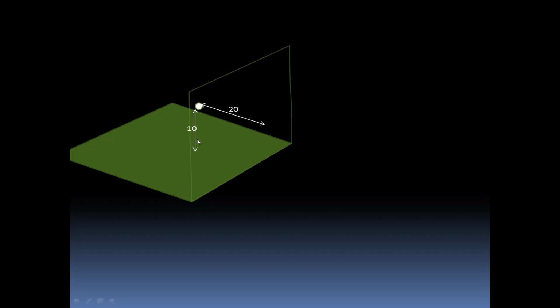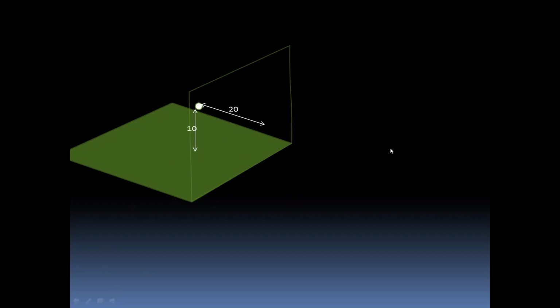It is in the second quadrant. Behind means either it will be in the second quadrant or in the third quadrant. Above the HP means first and second quadrant, and below the HP means third and fourth quadrant. So this is the given position of the point in the second quadrant.